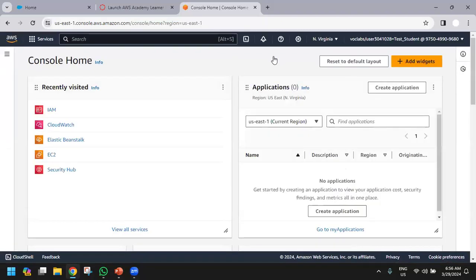But these US AZs have a few more options. The latest services may not be available in Mumbai or the Asia Pacific region. That is possible.